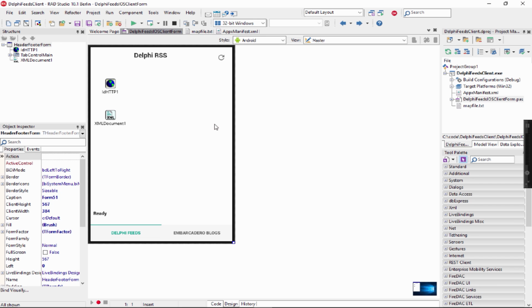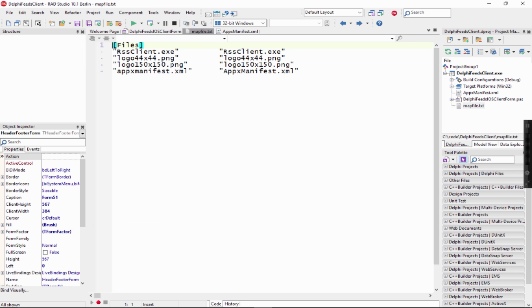So here I have a fairly simple application built with Delphi. It doesn't really matter what the application does. It's just a simple app, native, binary, built for Win64, I think in this case. And here is my map file, which is the list of all of the files that we need to deploy